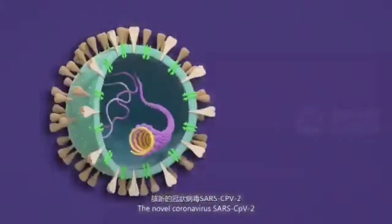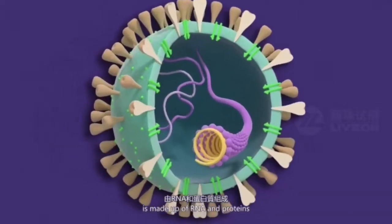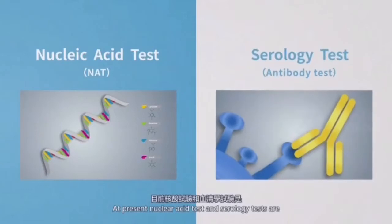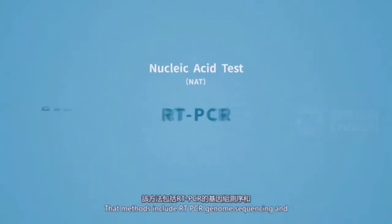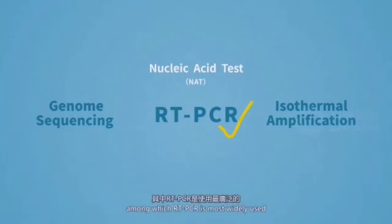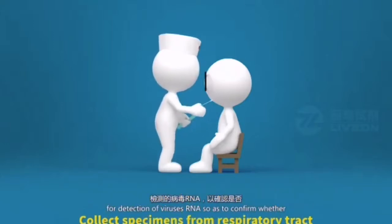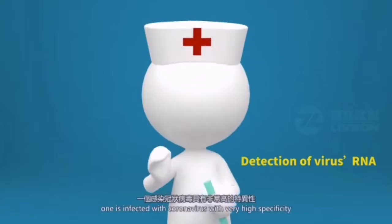The novel coronavirus, SARS-CoV-2, is made up of RNA and proteins. At present, nucleic acid test and serology test are the most common methods to detect coronavirus. NAT methods include RT-PCR, genome sequencing, and isothermal amplification, among which RT-PCR is most widely used. Specimens from the respiratory tract are collected for detection of the virus's RNA so as to confirm whether one is infected with